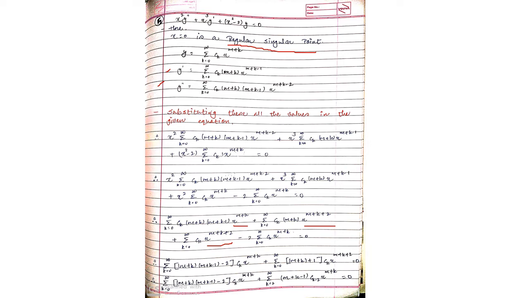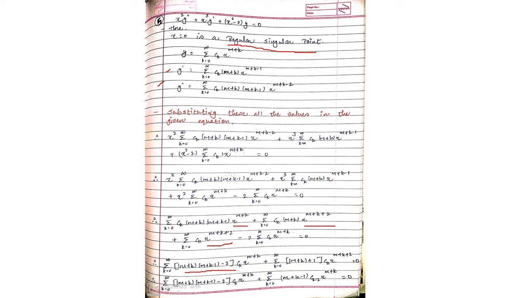So first, applying the combination of first and fourth term, right? So from these both the terms, which one is common first? That summation is common. Then after that ck is common, x raised to m plus k is common, right? Now remaining terms I am writing. So remaining term will be m plus k, here m plus k minus 1 and from here minus 2. So I have written here m plus k minus 1 minus 2, right?